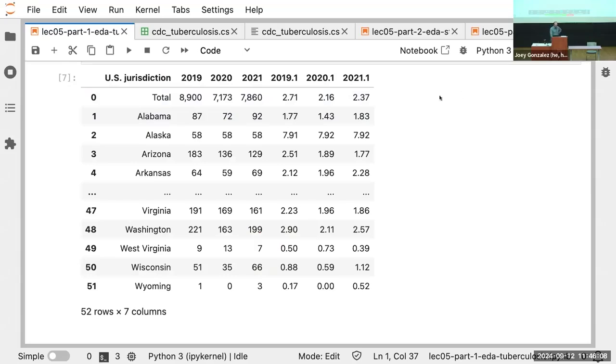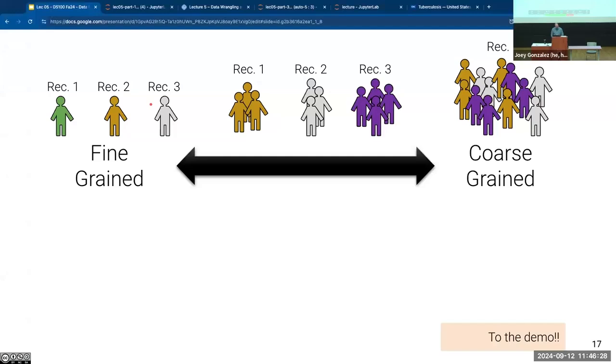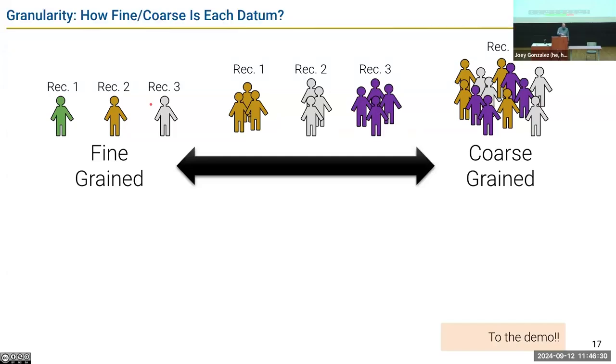Have you ever been to the state total? They had an extra row. Why do people do that? Because humans read these tables and they're like, oh, well, I want the total. Normally they put it at the bottom, but it's hard to associate the total with the column. So maybe sometimes put the row at the top, the total column, total row. So unfortunately, in the real world, people like to mix these things. So you get different granularities.